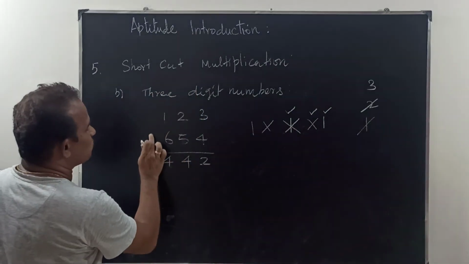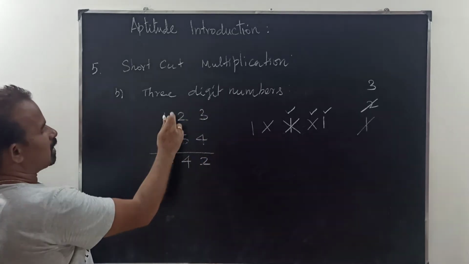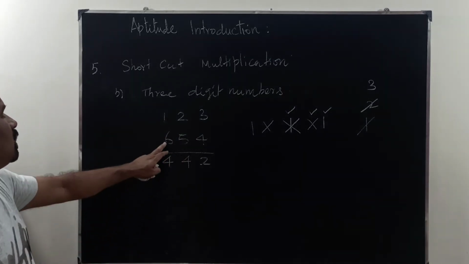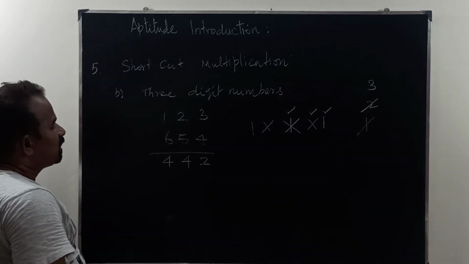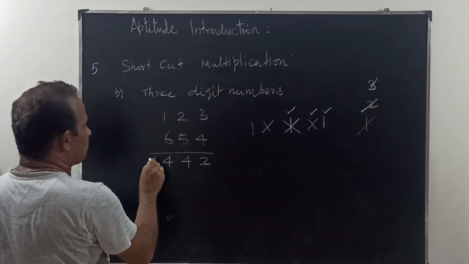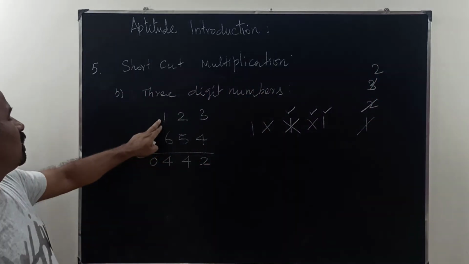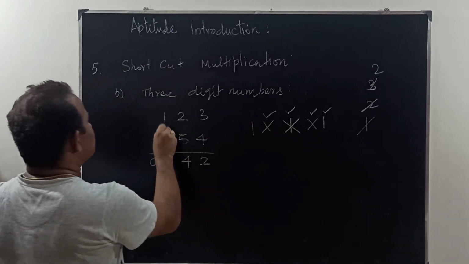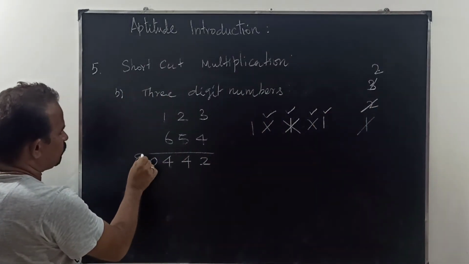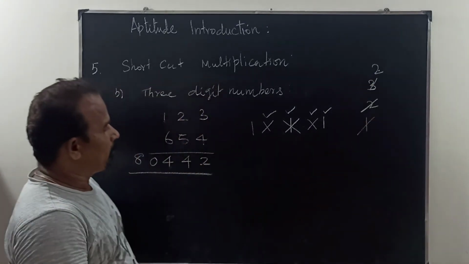This 3 is also over. Then you consider these 2 columns. First this one, then this 2, then this 3, then this 2, then this 1. This 2, 5 into 1 is 5, 6 into 2 is 12, 12 plus 5 is 17, 17 plus 3 is 20, the remaining is 2. So this column is also over, then consider one column, 6 into 1 is 6, 6 plus 2 is 8, over.